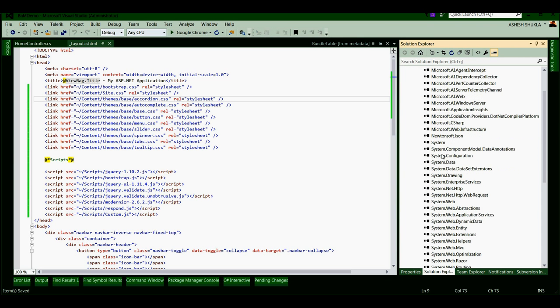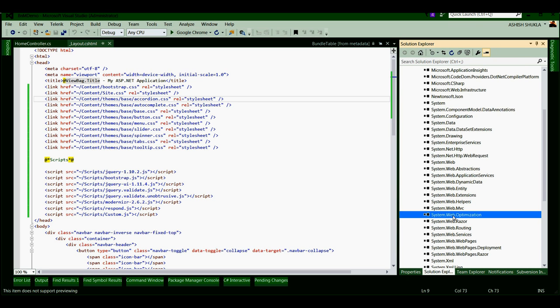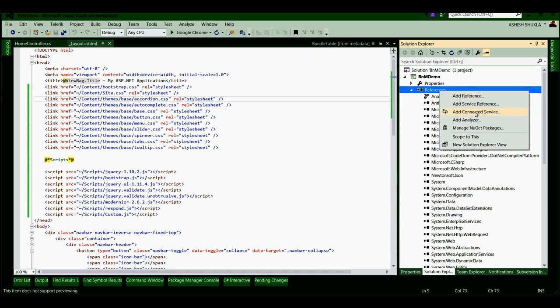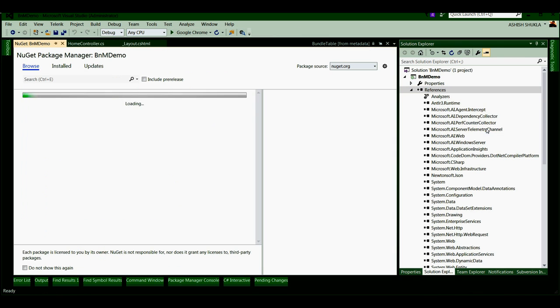Here in the references I have already included the System.Web.Optimization assembly, as it is by default part of the project when you create a new project using the ASP.NET MVC 4 template. If you do not have this assembly, you may need to download it from NuGet. You can get it from NuGet by using Manage NuGet Packages.